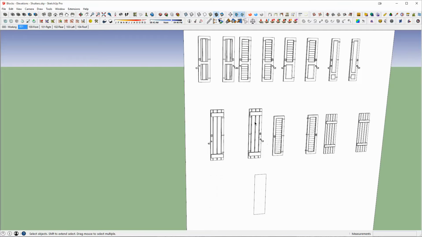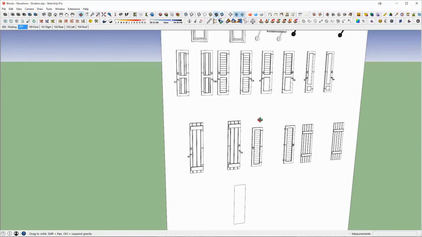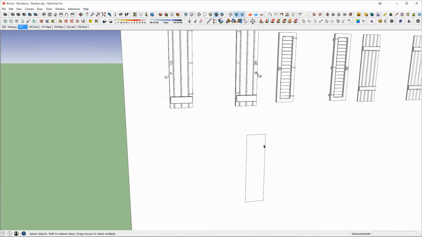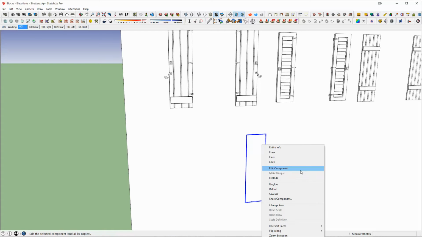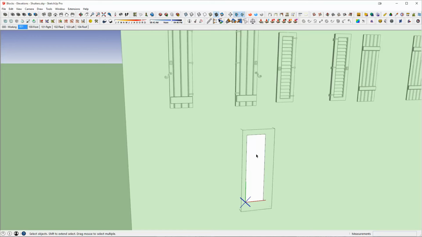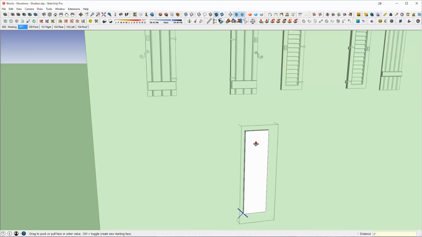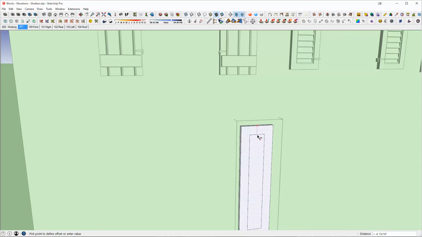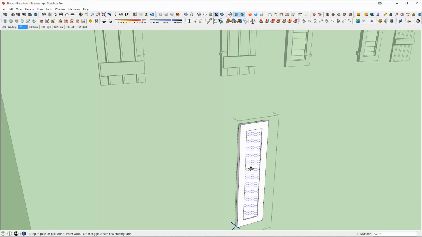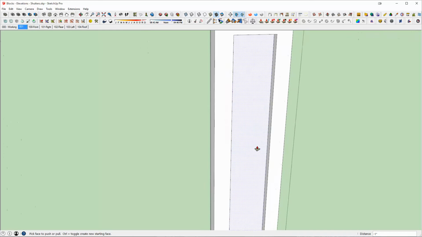So that's how I'd like to try and group my shutters together. With that in mind, we'll just turn this one into a component already, and we want to pull this out 2 inches. We'll drop this down 4, and we'll push this one back 1, and we know that we have a